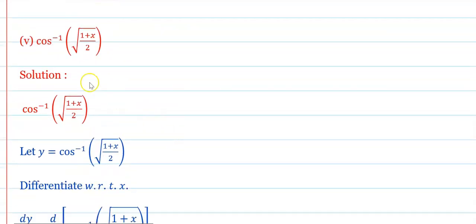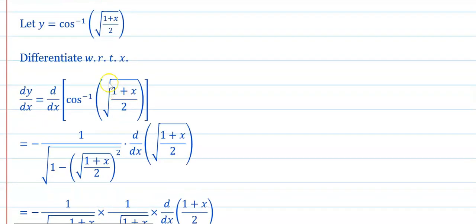Okay. Next, cos inverse of under root of (1 plus x) upon 2. Now the next, y is equal to cos inverse of under root of (1 plus x) upon 2. Its derivative. Derivative of cos inverse of x is